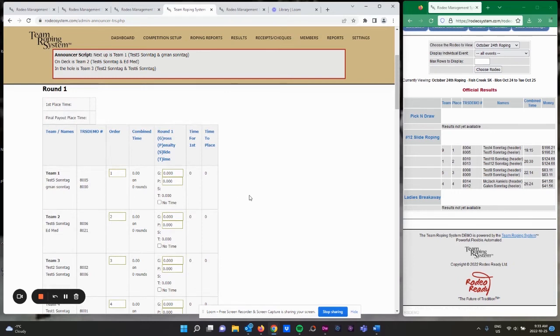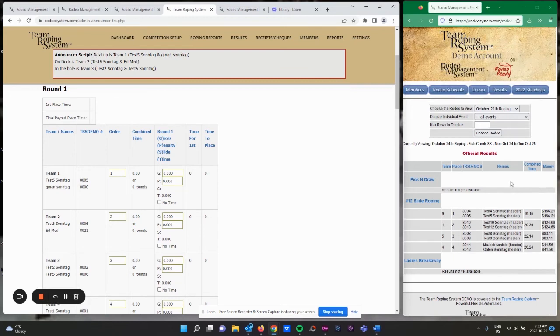What we will show you as well is that a lot of team roping producers do not have their own website. They may have a Facebook page, but there is a way to share the public side with your members. And so what we'll do is we will just go and show you where to find that. So we have a number of links that are generated within your account. So if you go to user guide,